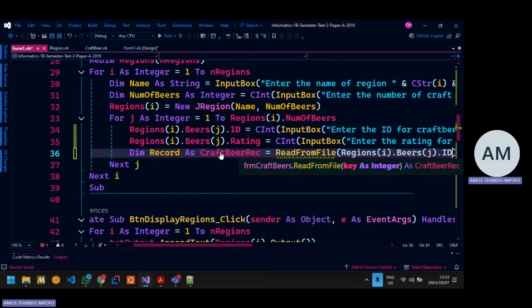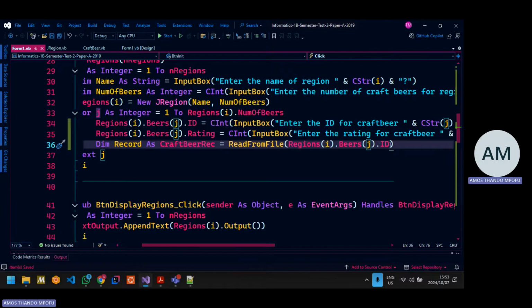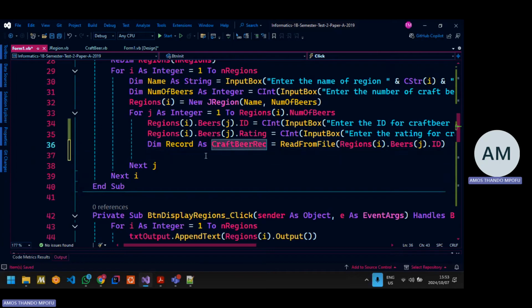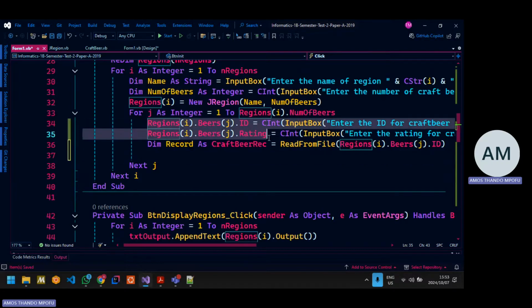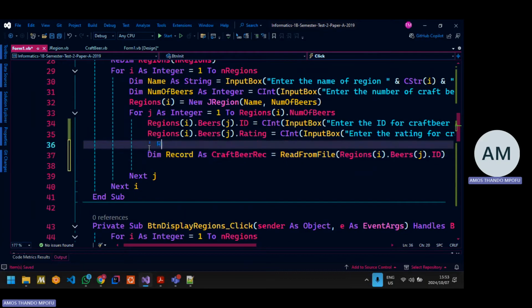And then it's going to take in that ID, which is going to act as the key. Right? That's what they meant. After retrieving from that file, it's going to return and store it inside this, right? But I still need to initialize the information, because the only things that I've initialized here are the ID and rating. So I still need to do other things. So this will be reading